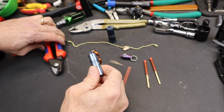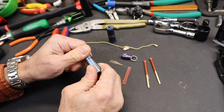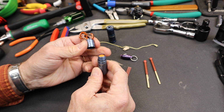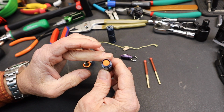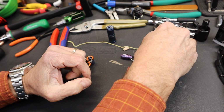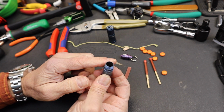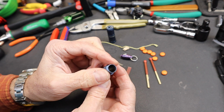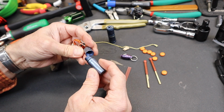Obuy has a titanium storage capsule or pill case that they are offering now, and I got a hold of one and thought, you know what, I'm going to go for the smallest survival kit I've ever made. Now this does hold pills. What I've got is some ibuprofen in there, so you can see you could easily put that in. If you have aspirin that are larger tablets, they might not, but beautiful machining, you know, fairly watertight, I assume,